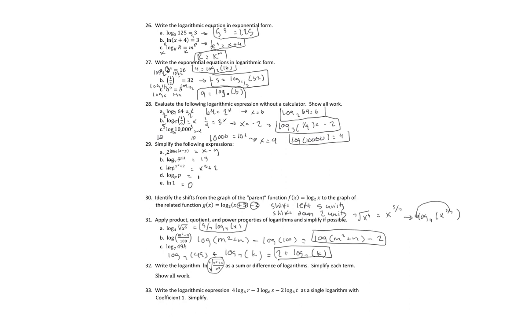And so this can be rewritten as natural log of, and then I'm going to put in parentheses, x squared plus 4 over e to the third, to the 1/4 power, right? And so this 1/4, now that it's being taken to a power, can be brought outside in front of the log, or in front of the natural log. So then it's going to be 1/4 times natural log of x squared plus 4 over e to the third,